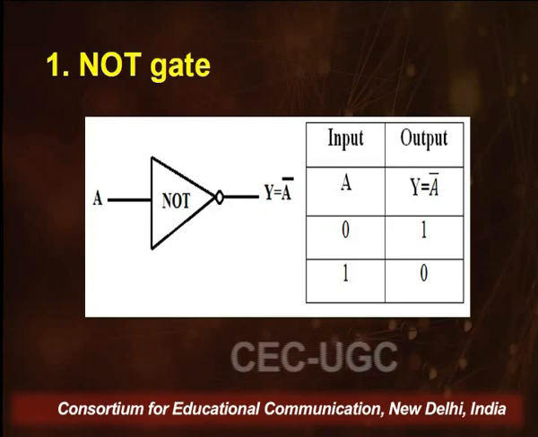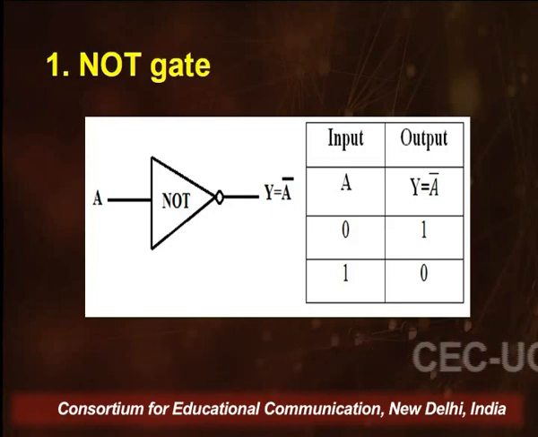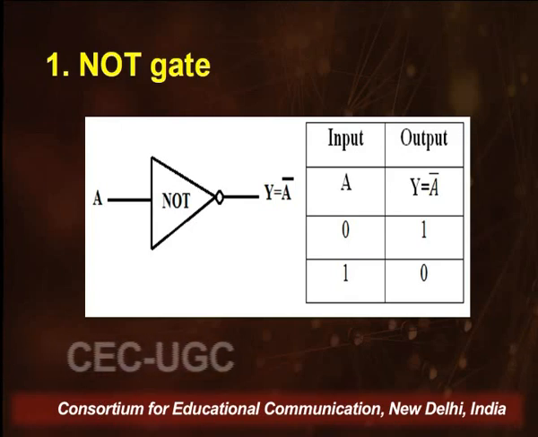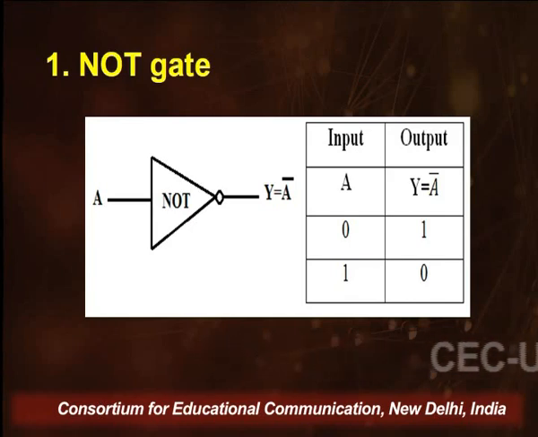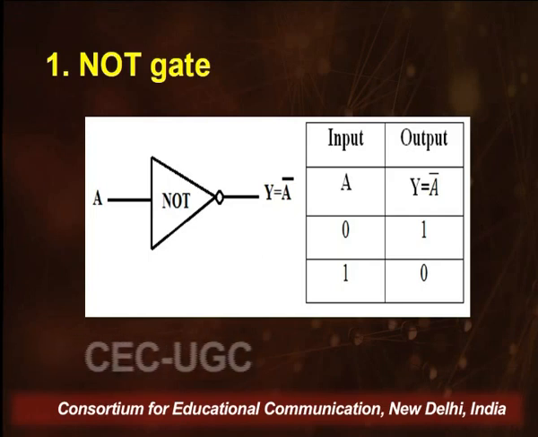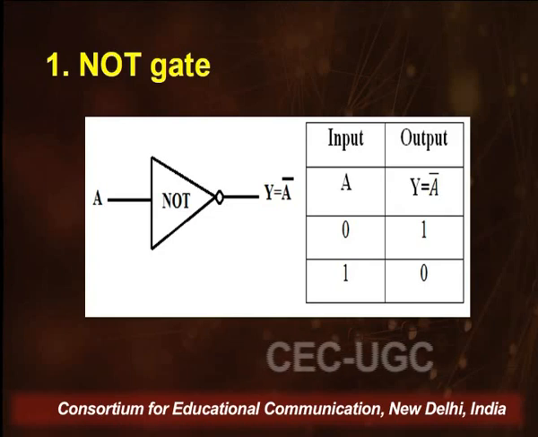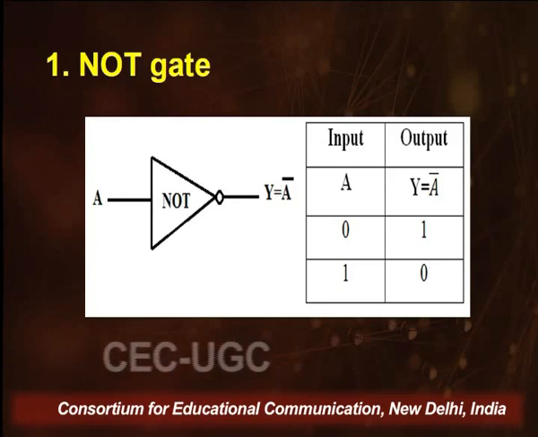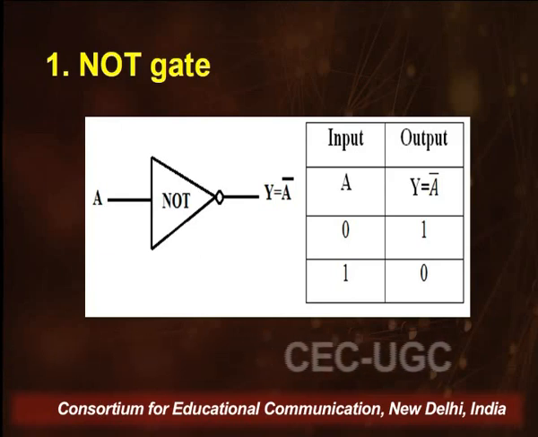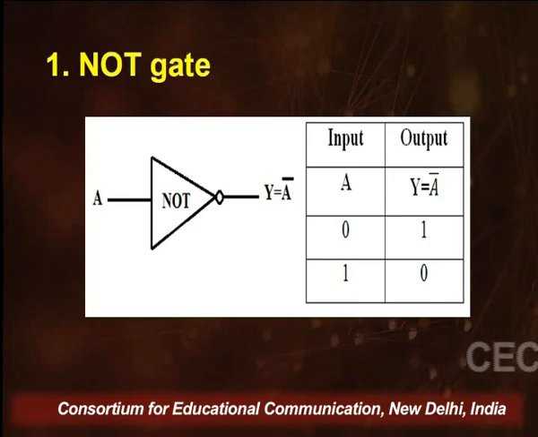The NOT gate is also known as an inverter. The inverter name comes from the function that it does. Any input that goes into a NOT gate is inverted or reversed. This is the only gate which has a single input going into it. So if you look at this diagram, the symbol there is a typical symbol of a NOT gate. The input that is going in is a single A, or a single input. The output that we are getting out, which is Y is equal to A bar or A prime as it is called, is just the reverse of what goes in.